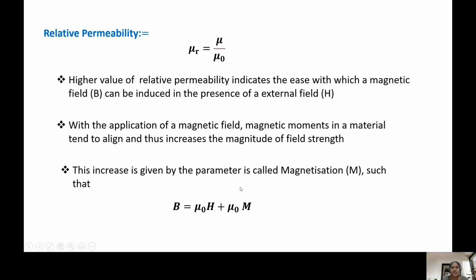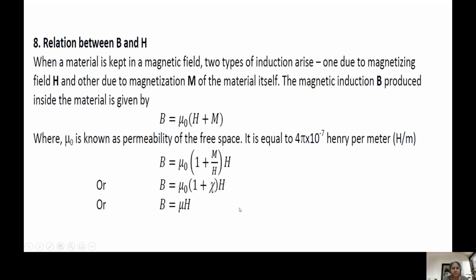So this increase is given by the parameter called the magnetization, such that we can write the equation like this: B is equal to mu naught into H plus mu naught into M. So we already discussed H, the magnetic field strength, and the magnetic flux density B. So we can understand the relation between these two parameters like this. When a material is kept in a magnetic field, two types of induction arise, one due to the magnetizing field H and the other due to the magnetization M of the material itself. So the magnetic induction B produced inside the material is given by